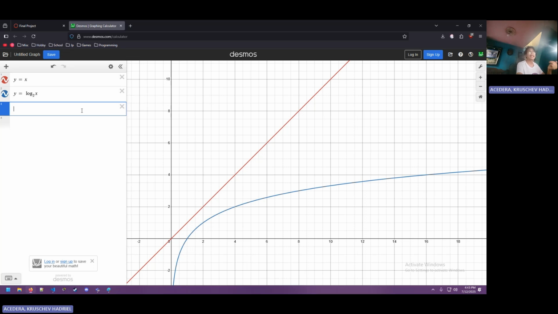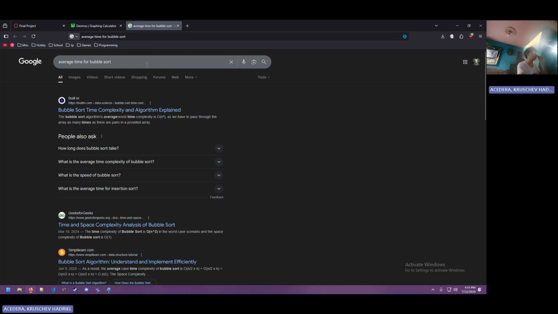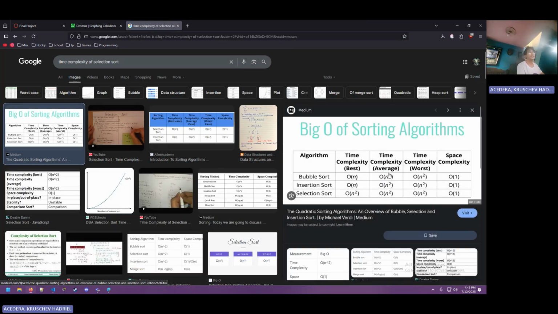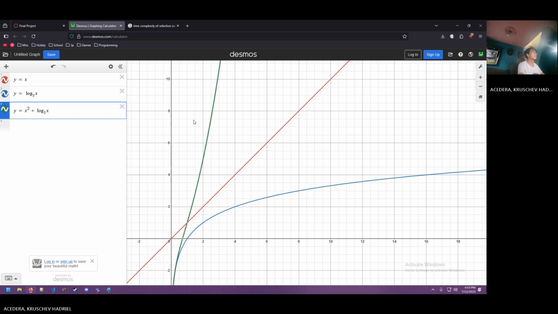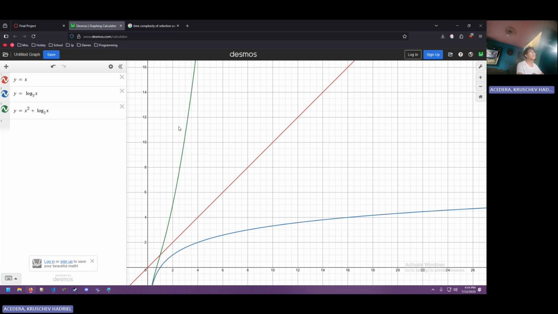if you were to take sorting into account, it could be slower, since the average time complexity for bubble sort is n squared. So that's x squared plus log 2x. This is the green line. So assuming we will have to sort the data, theoretically, it would still be slower to use binary search.